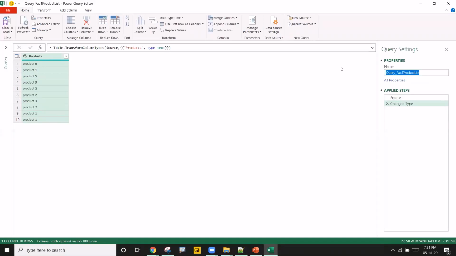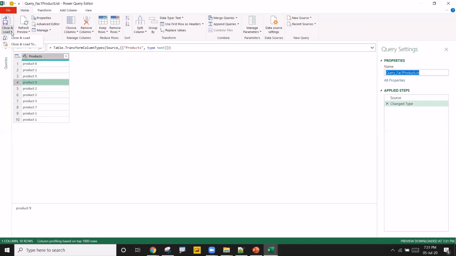Okay. Here I'm not going to remove duplicates. Within this itself, you see product one, again product one, duplicates are there. I'm not going to remove the duplicates. Even if I remove the duplicates, let's say product 9 is there in factory 2 also, correct? So I'm not going to remove duplicates now. Let it be here.